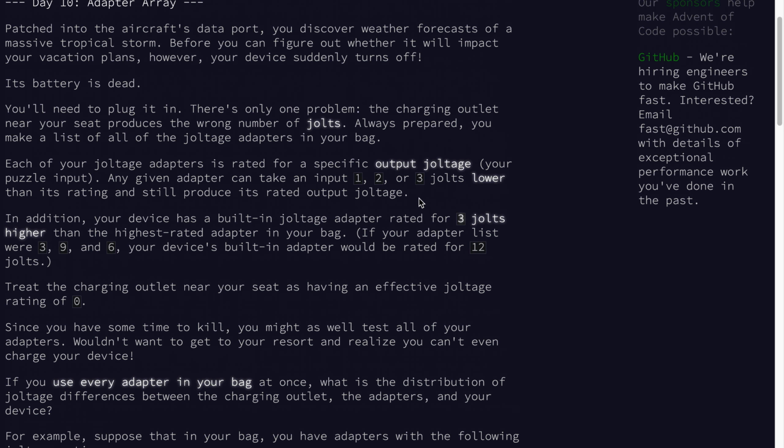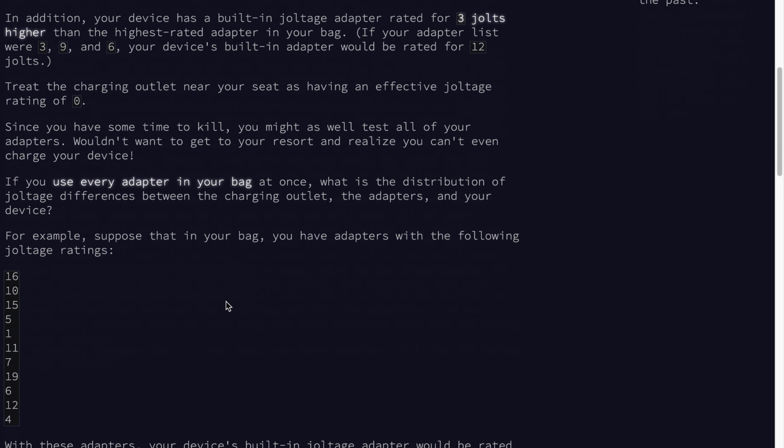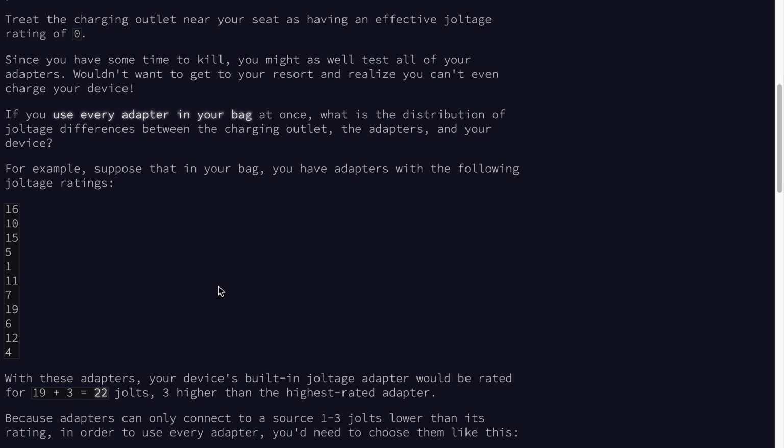So if we're starting with our outlet of 0, we can plug in an adapter that's rated 1, 2, or 3. We could not plug in an adapter that's rated 6 into this. It wouldn't be able to produce the joltage needed, which is why we need to daisy chain together all of our adapters. So there's a lot of runaround backstory and logic here to really come down